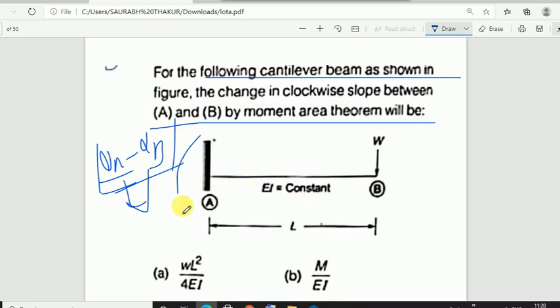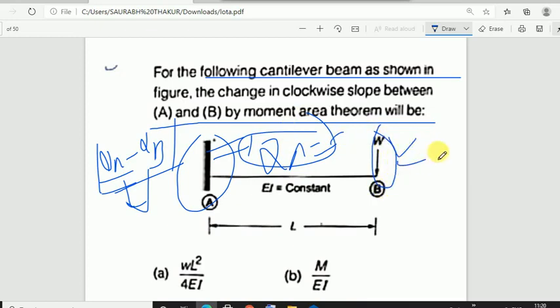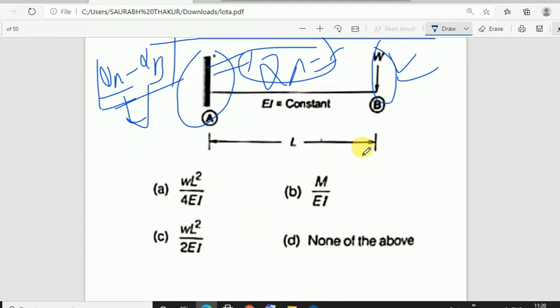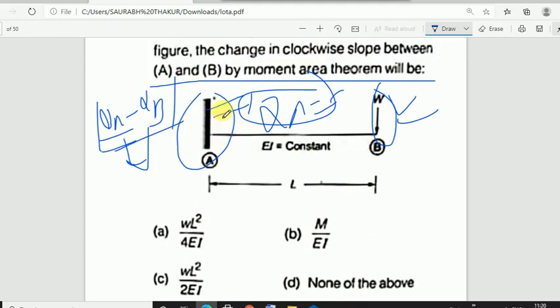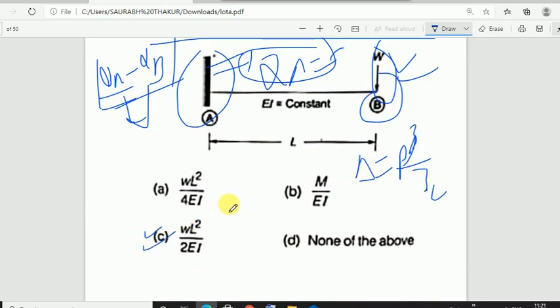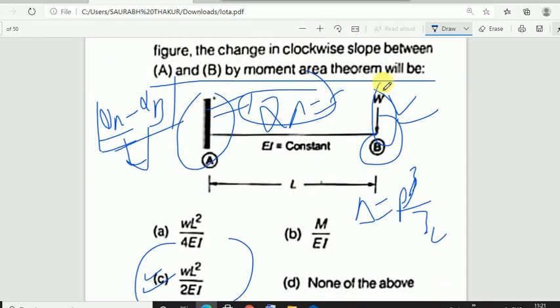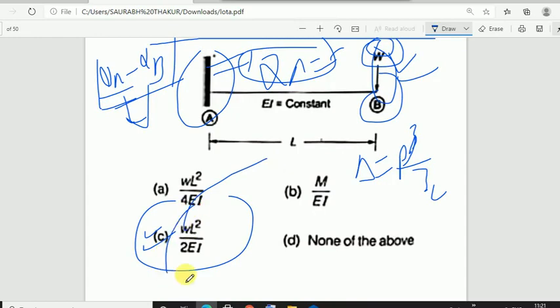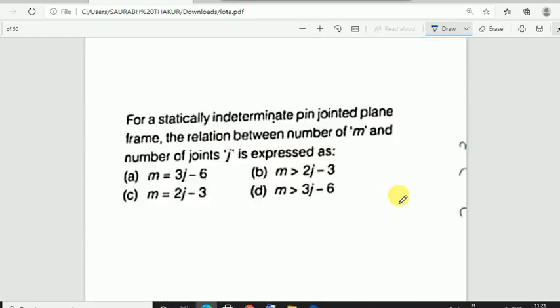One thing is 100% sure, this is our fixed end here, so theta A would be 0, and whatever slope it would be causing is due to this load. You must remember the formula: when there is a cantilever beam having a concentrated load at the free end, your deflection would be PL cubed upon 3EI, and your rotation would be PL squared upon 2EI. Here at the place of P it is written W. So WL squared upon 2EI. Your correct answer would be C. Okay,